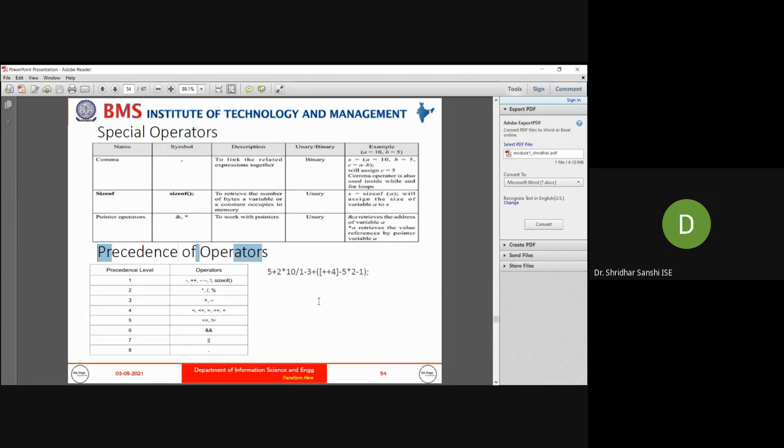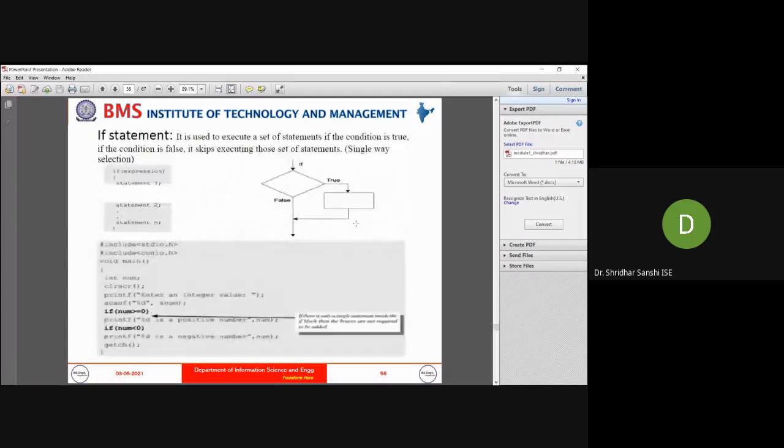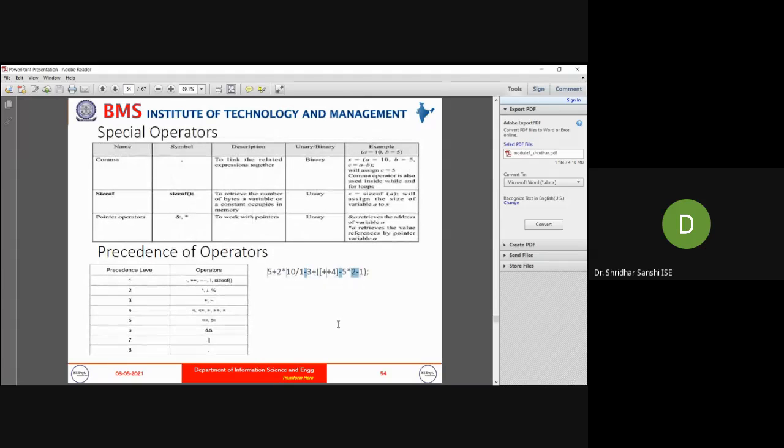Next is precedence of operators. If we write an expression using these operators, which operator has to be executed first? That is called precedence of operators. You can see that the increment operator, decrement operator, not operator, and sizeof operator all have the highest precedence.